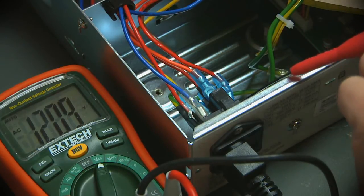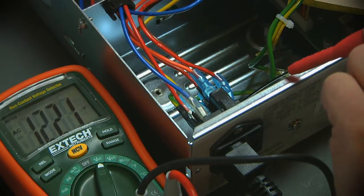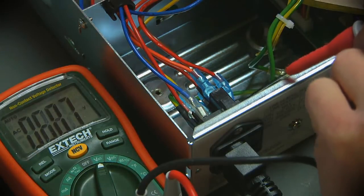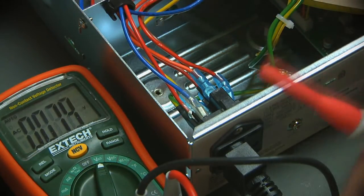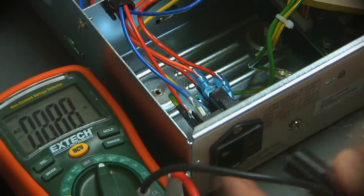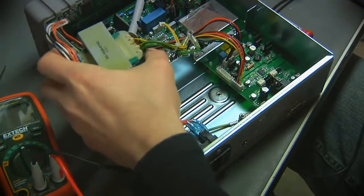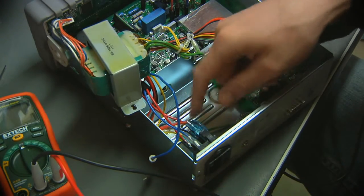120 volt output of this thing is giving me 120 volts. So the fuse is good, the holder is good, everything is good going into the transformer. The next question I have is, well, is one of the windings on the transformer toast? And we can find that out. I'm going to take a few notes here and write down the placement of all these so I can pull